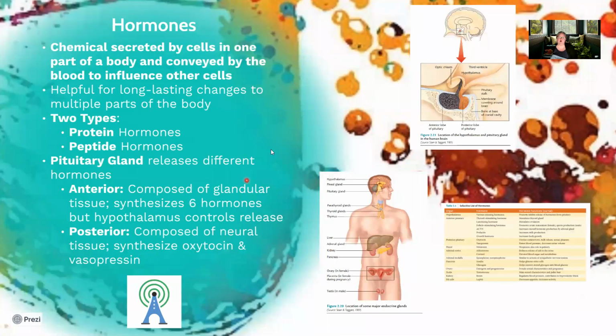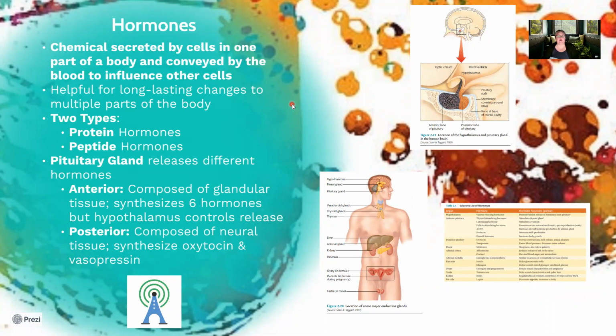So let's start with hormones. As you may remember from our first quiz, one of the items that some people struggled with is the idea that hormones are related to biological psychology. Hormones actually do play a pretty big role in what happens to us and our brains. Hormones are chemicals that are secreted by cells in one part of a body and conveyed by blood to influence